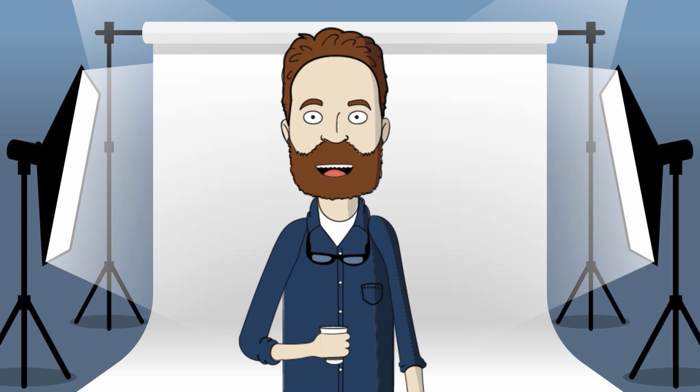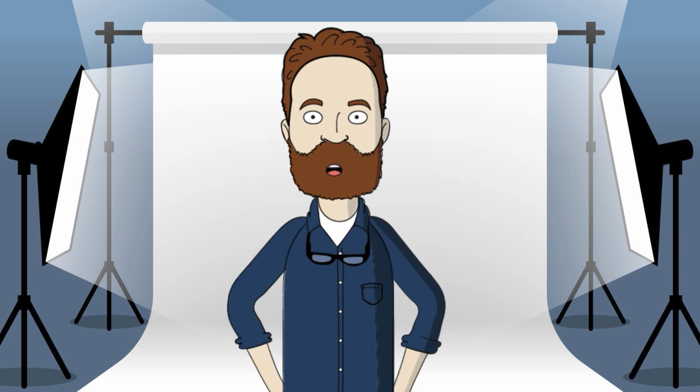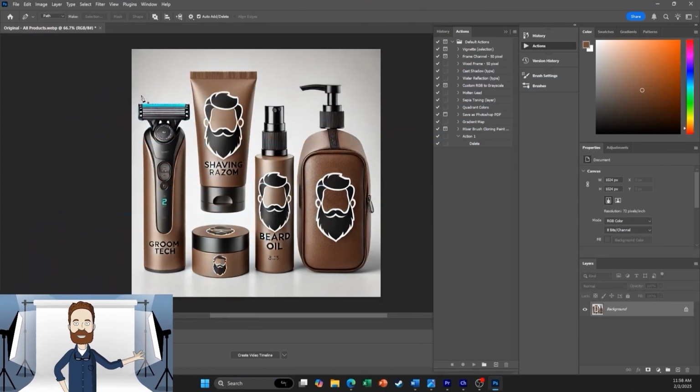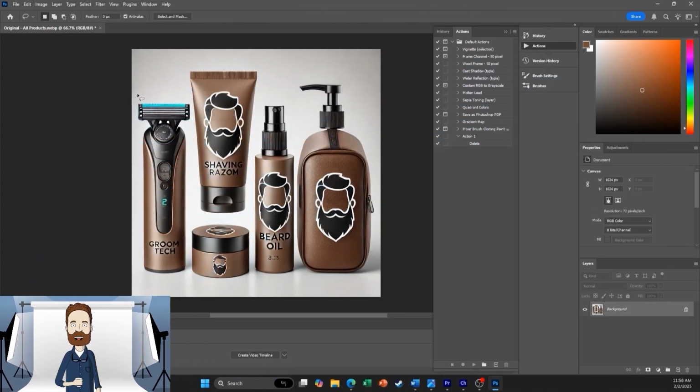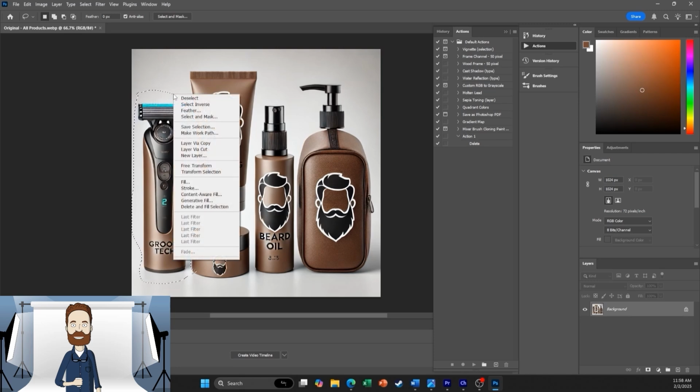Using Adobe Photoshop version 26.3, the paid version, I will first attempt to remove unwanted objects and elements from the image using the built-in AI functionality. To do this, I use the lasso tool by pressing L. Circle the part of the image I want to alter or remove, then right-click and select Generative Fill.